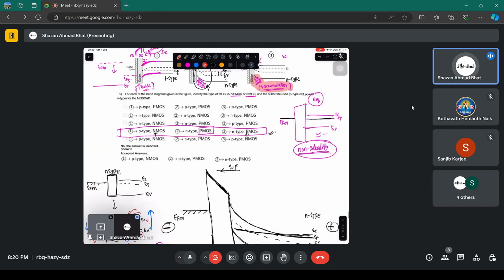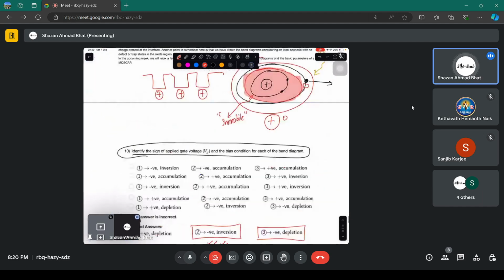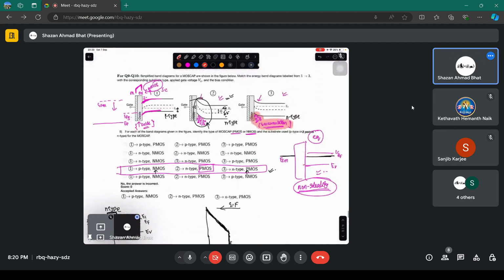अब तीसरे केस में क्या हो रहा है, तीसरा केस इज दिस वन। तो तीसरे केस में यहाँ पे जो चैनल है वो डिप्लीट हो गई है। डिप्लीट मतलब है कि वहां पे डिप्लीशन रीजन फॉर्म होना स्टार्ट हुआ है, बट वहां पे इमोबाइल आयंस हैं, ना कि मोबाइल आयंस। देखो, ये एक्चुअली इंपॉर्टेंट क्वेश्चन इसलिए है क्योंकि यहां ध्यान से देखना इसमें क्या एक्चुअल चीज है। लेट मी जस्ट रब दिस।